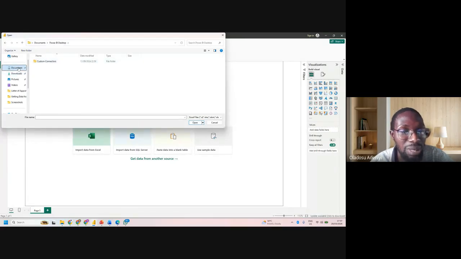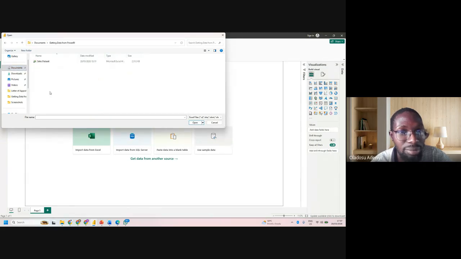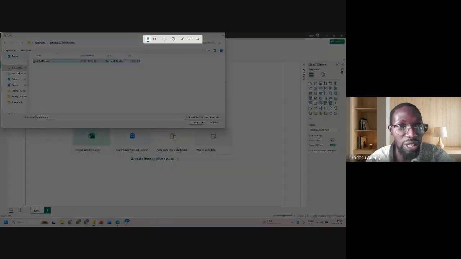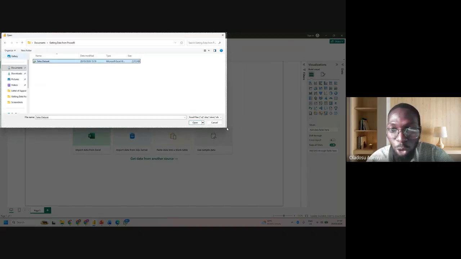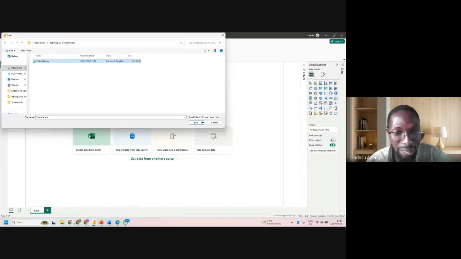Have I reversed it back? Getting data from Power BI. Yeah, so what are you going to do? So just screenshot it again. Control, Shift, and S, right? Let me click on it first. So you click on Control, Shift, and S. So then copy it. You can copy everything actually. Right? So let us go and annotate again.